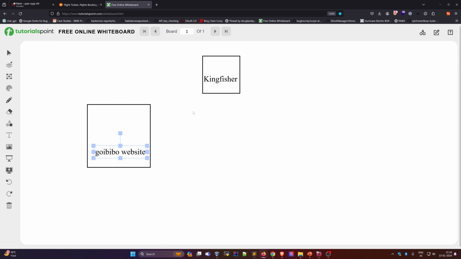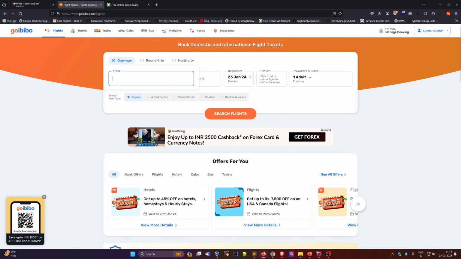So how can this website access their information, like whether at 10 a.m. this flight is available or not, and whether a seat is available on this flight? Because of the API: Kingfisher creates its own website, and it also creates its own API. This website will use their API and call it. It will call Kingfisher's API and ask, if I want to book a flight from